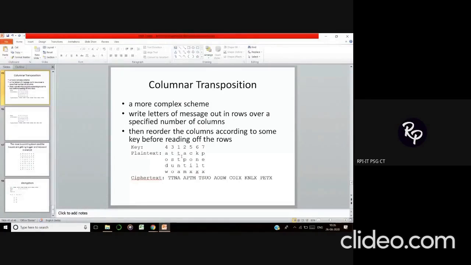And for decryption operation, it's just the reverse. Ciphertext will be given to you and the key value will be given to you, and you need to find out what exactly will be the plain text. So for that, you need to decide what will be the number of rows. Number of columns will be known to you. The number of characters in the table will be known to you. Divide the number of characters in the table by the number of columns. That will tell you how many rows are there.